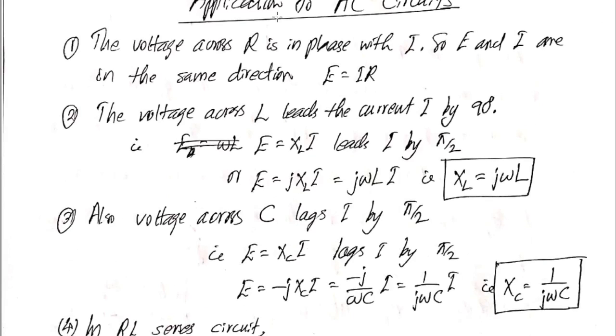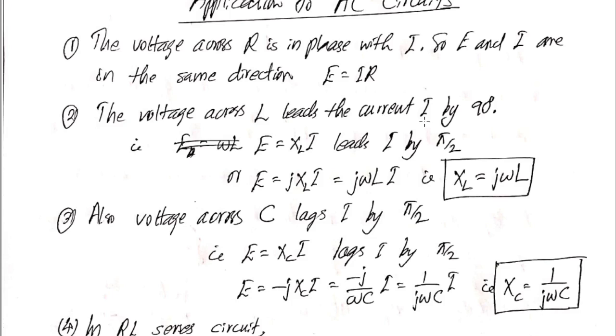The voltage across a resistance R in an AC circuit is in phase with current I. So both voltage and current are in the same direction. So we can say E is equal to IR. There is no phase difference between them. Both of them are in phase. So no problem here. But the voltage across an inductor